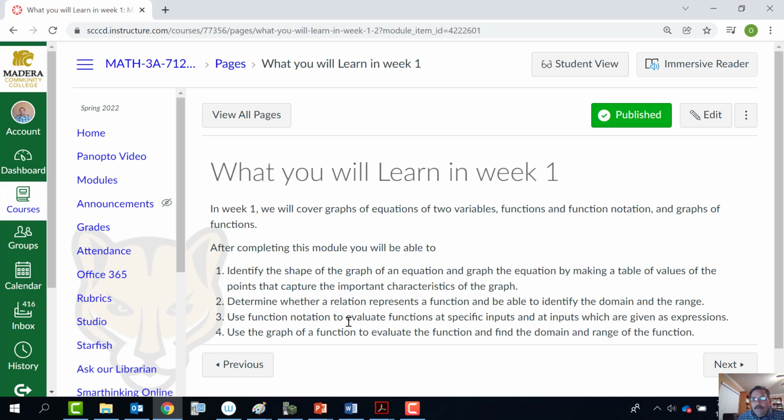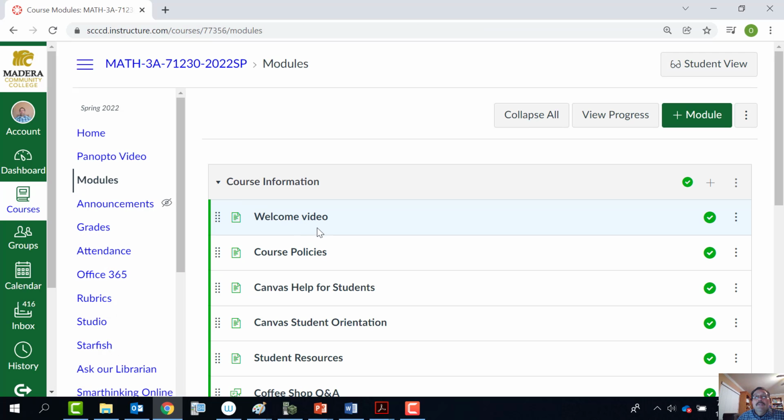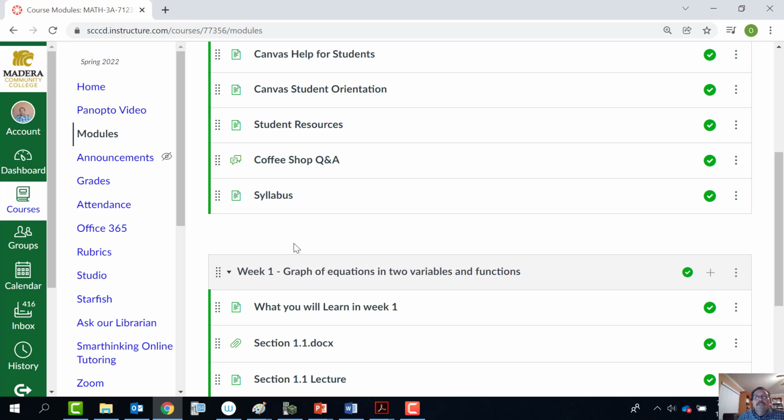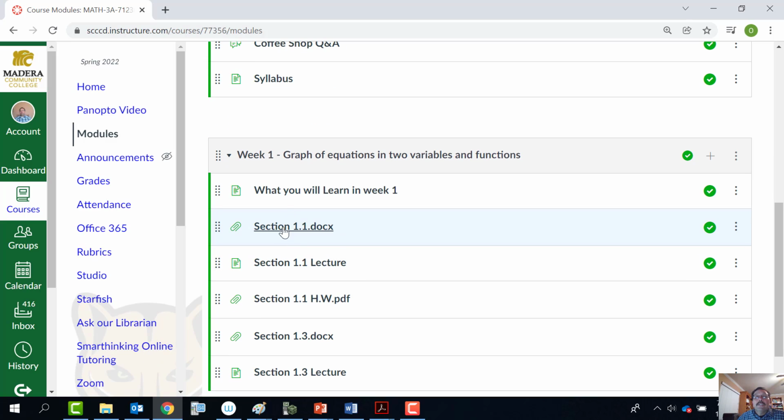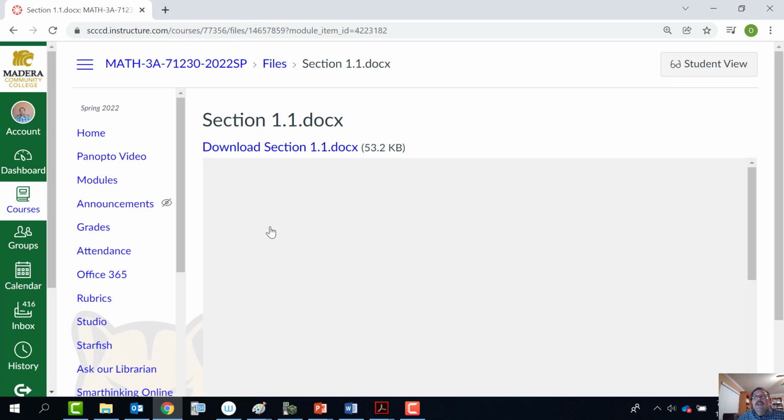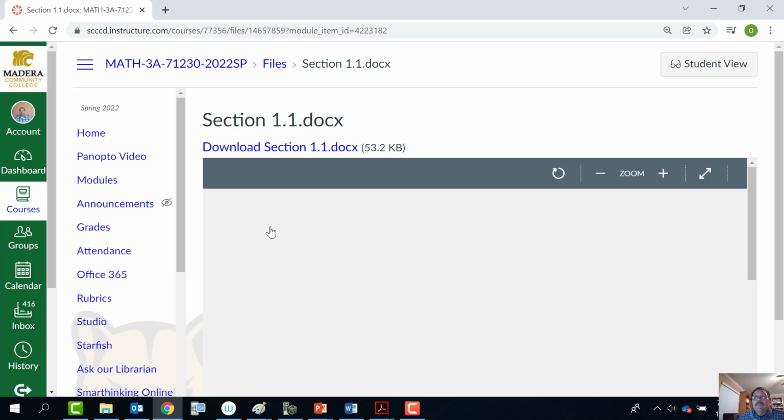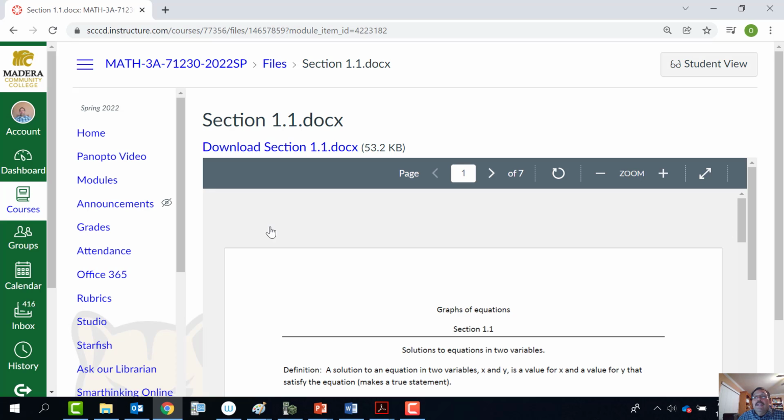Now, how are you going to go about learning how to do that, right? So if you go back to modules, in week 1, we have here section 1.1 docs, right? And so what this is are the notes that I'm going to be going over, and you can download and